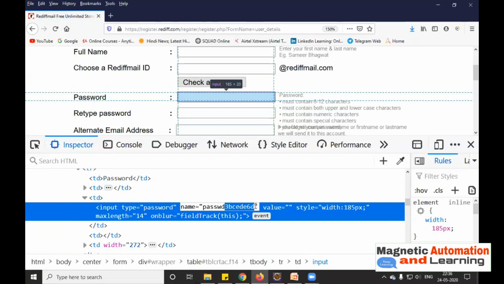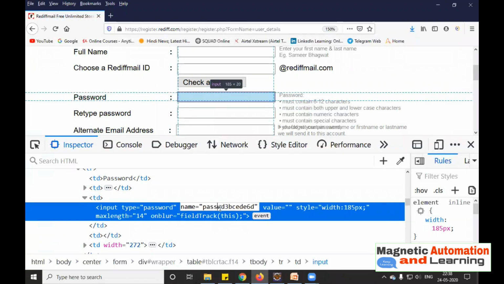Here you can use CSS with starts with, but CSS with contains will also work here. Reason: contains works for start also, end also, and middle also, but starts with will only check the starting part. It is not going to check the middle part or end part, but contains will check all three: start, end, and middle.